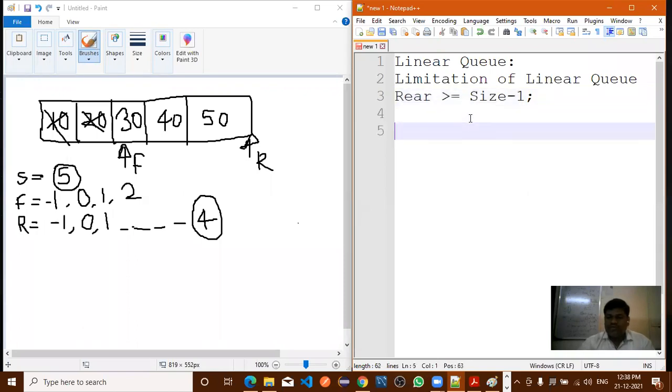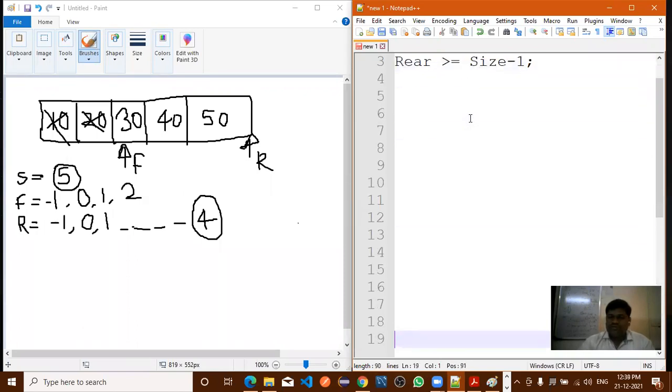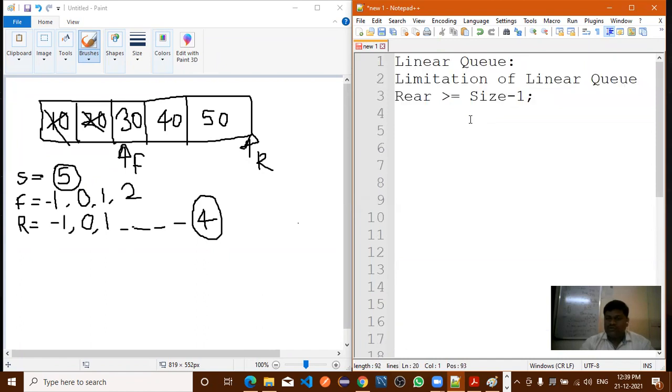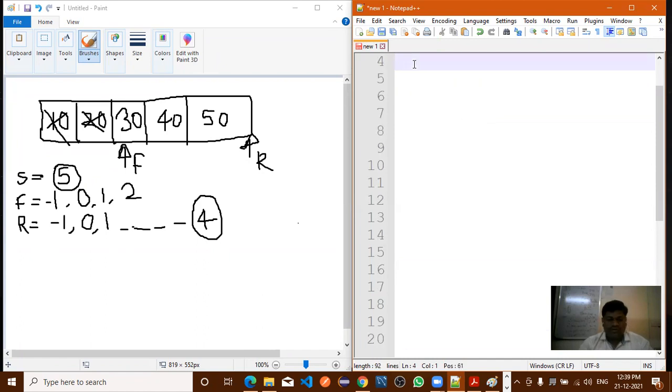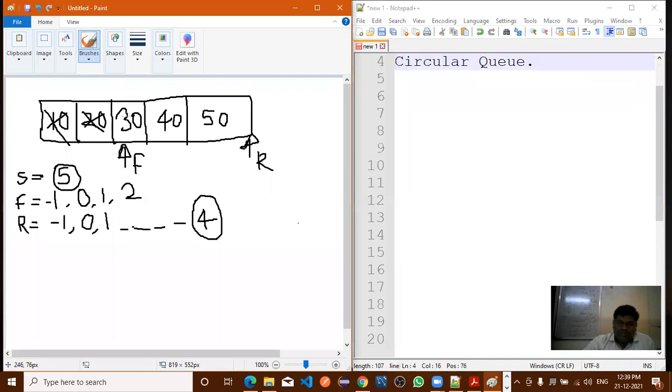The name of that queue is circular queue. Just 1 minute. What is your question? If you remove all the elements in the queue, okay, remove 30, remove 40, and remove 50.